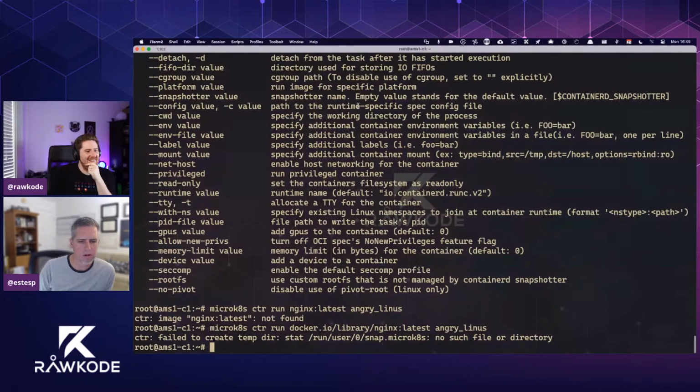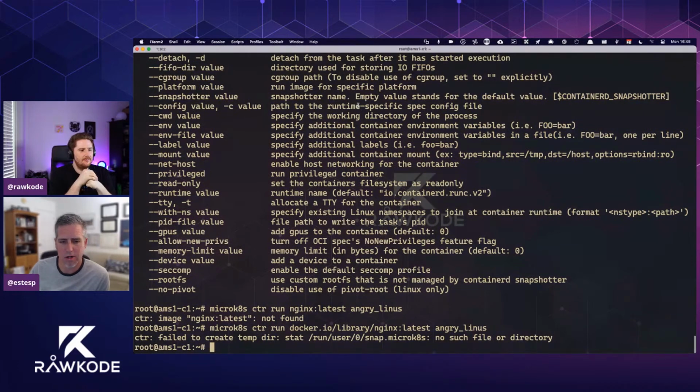You are sudo. Well, that's fun. You are root. Probably just a weird MicroK8s thing. Again, they may have made some changes in MicroK8s to keep you on the farm, not running random images.